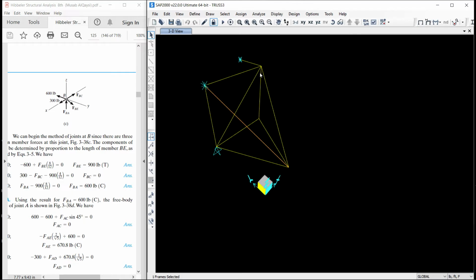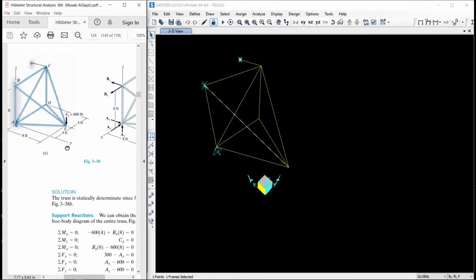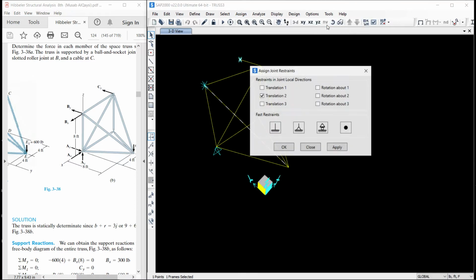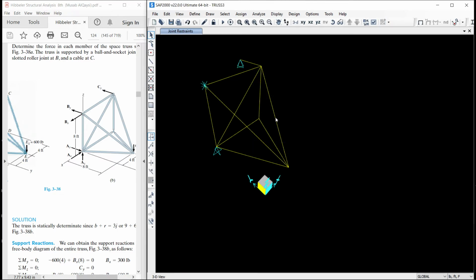Here is an example. Let me modify only one condition, this one. We know that this support, as per the model, is supported by a member only to show that there is only an axial support, only an axial load, nothing else. If by mistake we assign, say for example, restraint conditions as a hinge, so what will be the result?